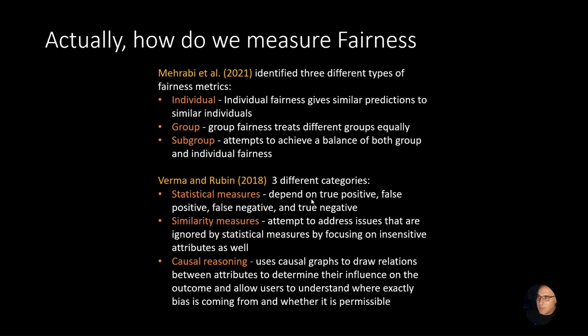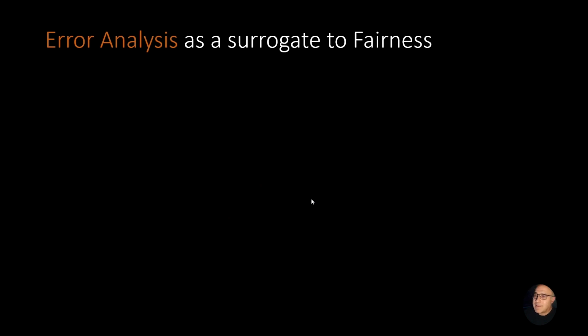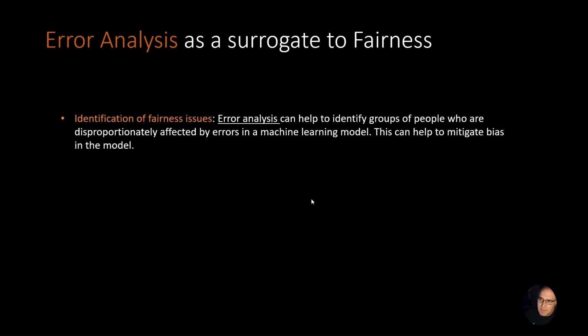And definitely we can use some causal analysis to say, is this particular variable that's defining a group, let's say gender, having an impact, direct or indirect, on the outcome, taking into account the whole system of correlations. So the error analysis is kind of a surrogate to fairness. And if we find that there are patterns within the errors that are linked to the variables that we are concerned about, gender, religion, area of residence, height, color of hair, then